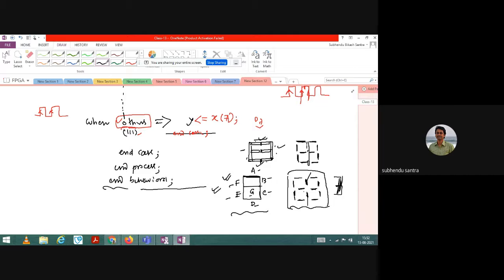In the next class I'll be discussing flip flops. What is the difference from what I have taught till now? Is there any memory element involved? No, there is no memory element, because I am not taking the previous output as an input. But in a flip flop, there is a need to take the previous output as the current input. So how to do that in a program, we will discuss in the next class.